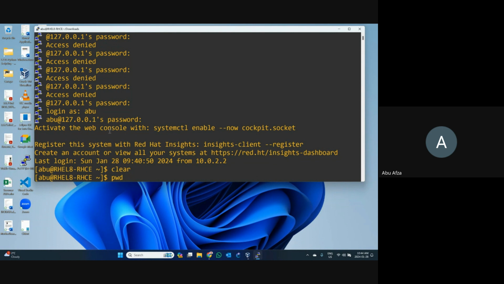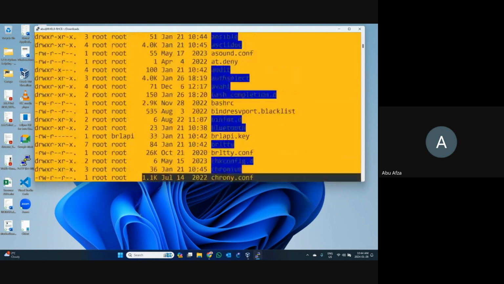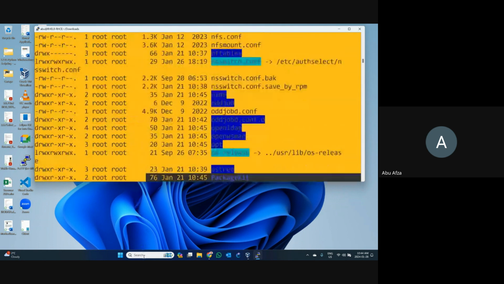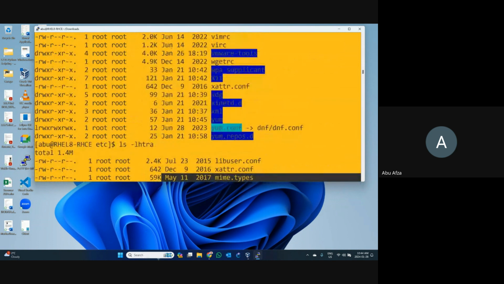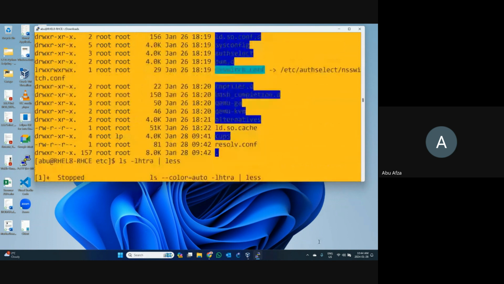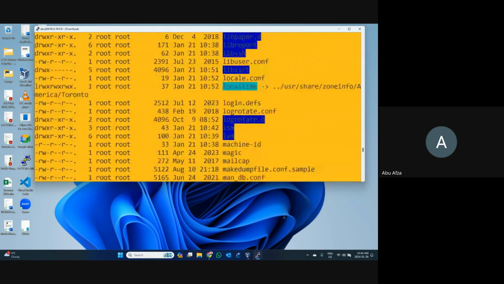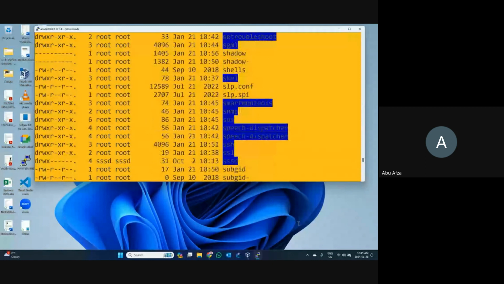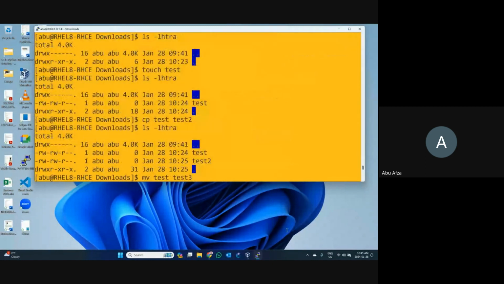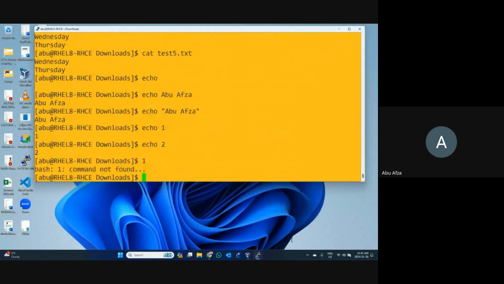I need to do one thing. I need to copy all the commands. So select all the things if you want. This is the best way. Always save your work. So I have to save everything. Okay, so I'm selecting. When you select, it's copied.